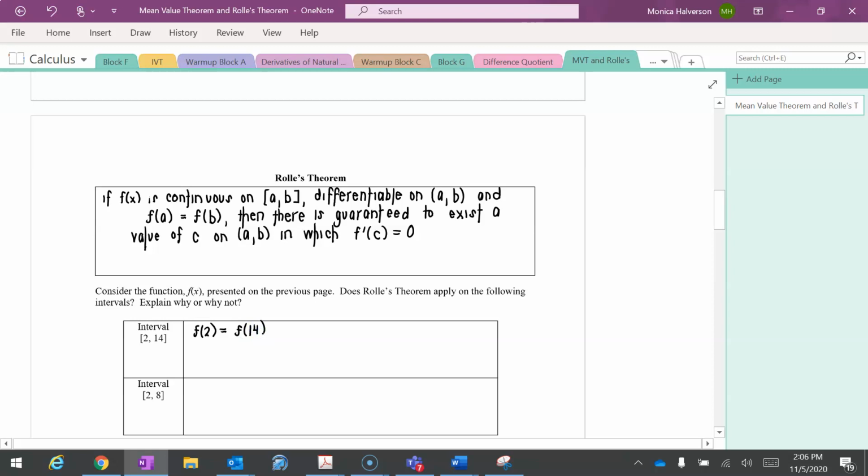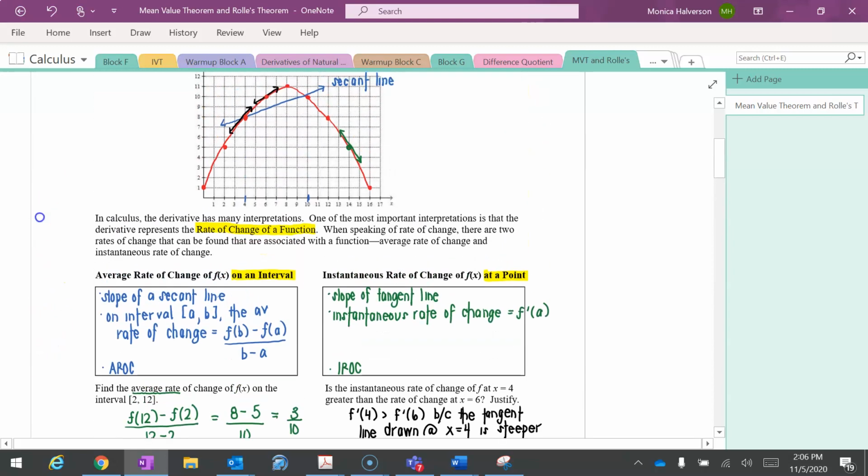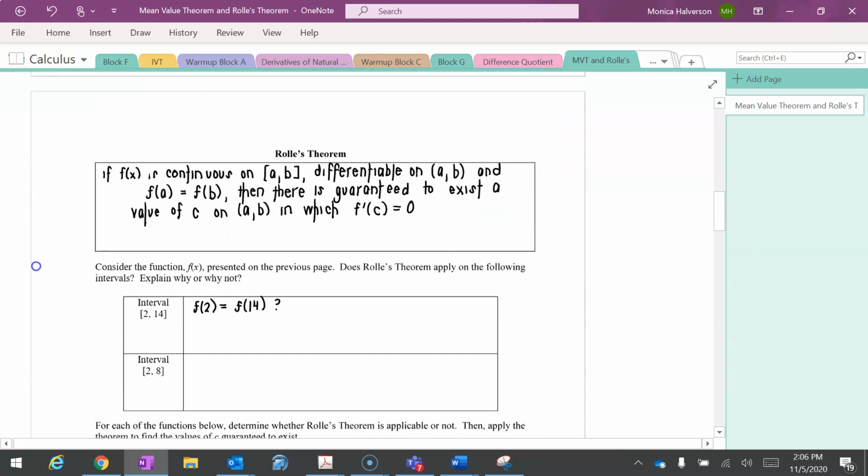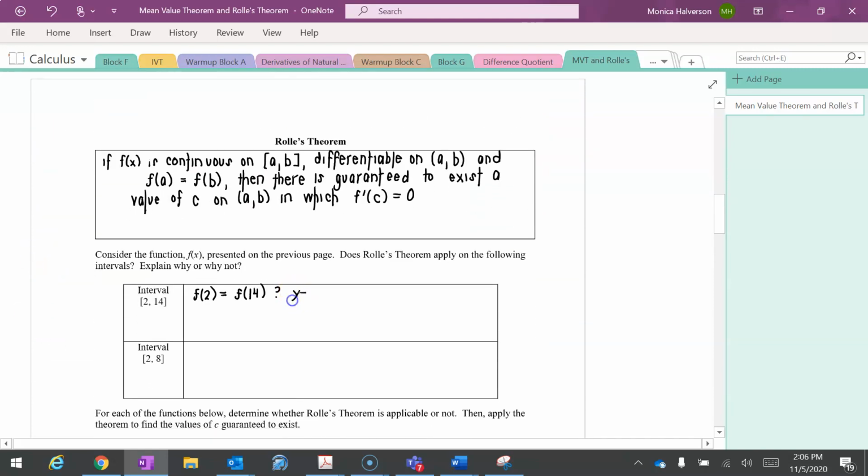Okay, does f of 2 equal f of 14? That's the first question. So when we look at f of 2 equals 5, f of 14 equals 5, and so the answer to that is yes. So how would you answer this? Well, you would answer by saying Rolle's theorem